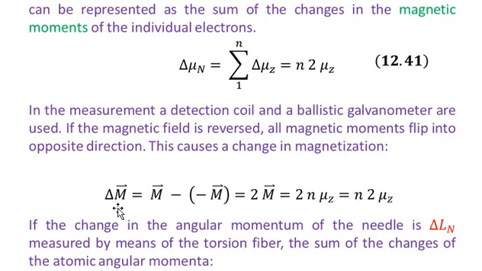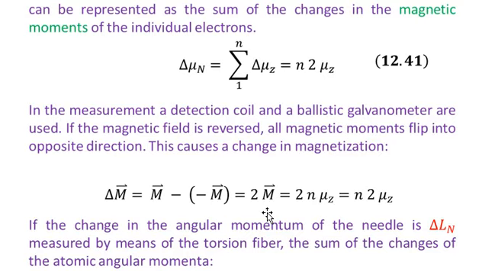So delta M is the change in magnetization. This M is the magnetization in the presence of the magnetic field, capital M, and this minus M, which we have subtracted from capital M, is actually the change in magnetization when we reversed the polarity of the magnetic field by 180 degrees. Then of course the magnetization will be reversed also. So there is a negative sign over here, and then we have M minus times minus M,